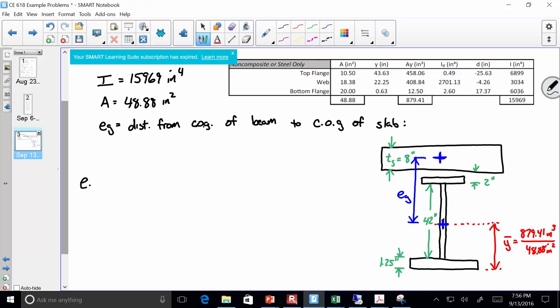I'm going to say that EG equals 1.25 inches plus 42 inches plus 2 inches plus half of 8. Okay? So if I start here at the way bottom, that's going to get me here, here, here, and then to there. Then I'm going to take that, and I'm going to subtract something from that. What am I subtracting? Y bar minus